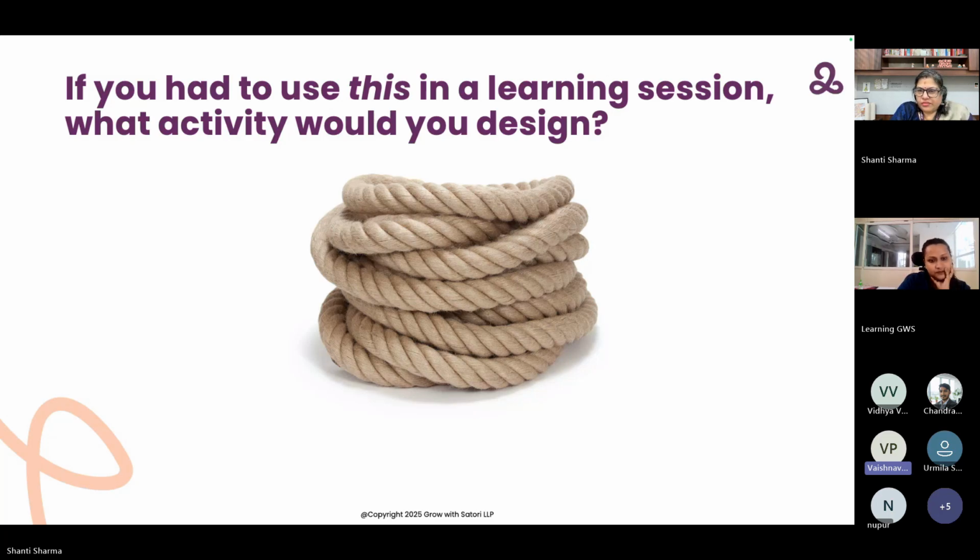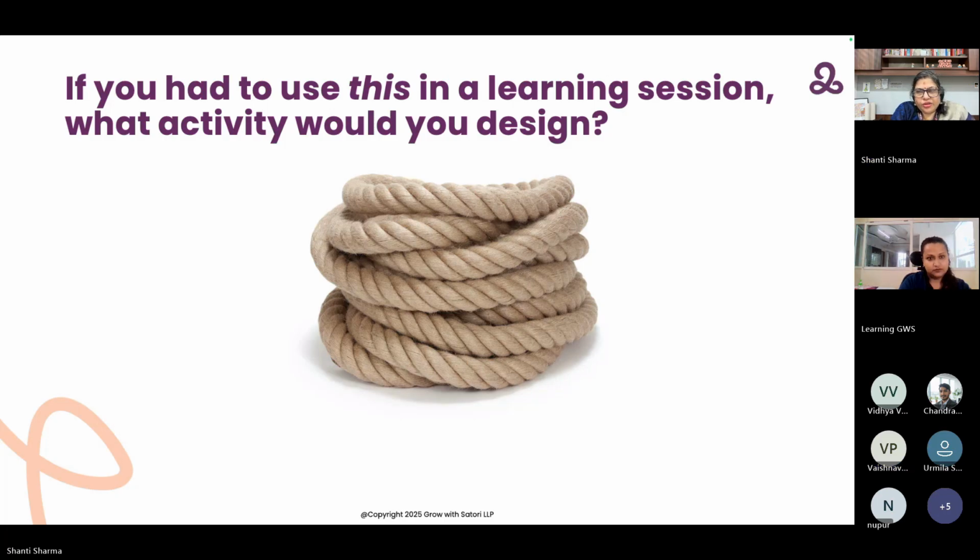Also, we could use this as well as the Lego blocks, as I'm thinking aloud, to ask them to come up with their challenges. What challenges are you facing currently? And how do you think you could overcome those challenges? Because sometimes when we have to speak, it becomes a little too much to think through individually. But when I'm doing it with my colleagues, with my team members, when we brainstorm and visually represent it, we are all in this together. So we all get the feeling that I am part of this and I do have people to support me in this and we can overcome this together. So this is one way I think I could use this particular prop in a learning session.